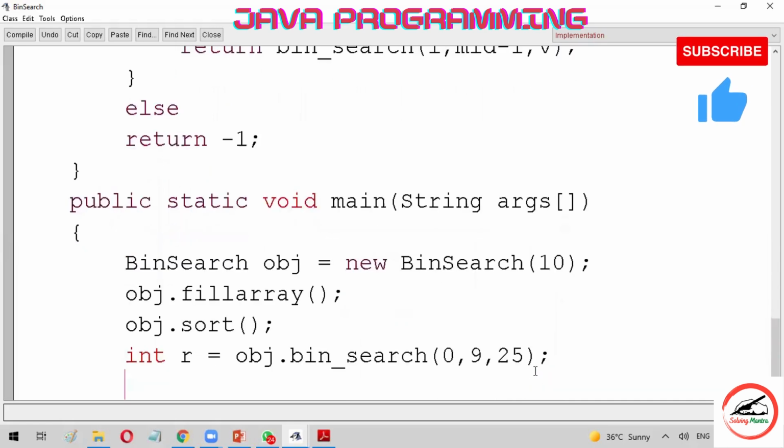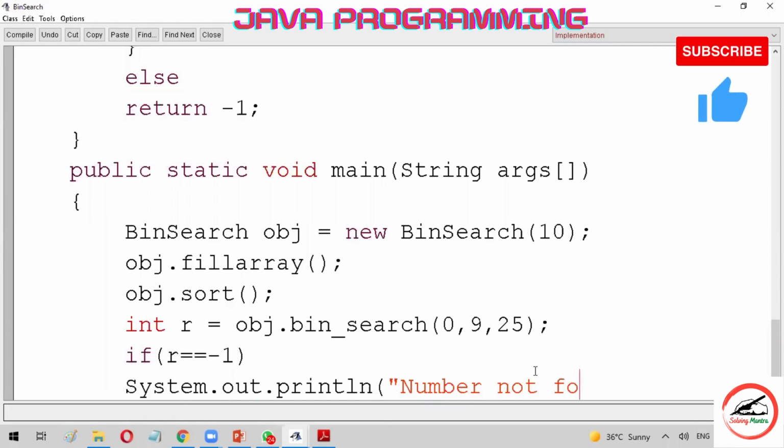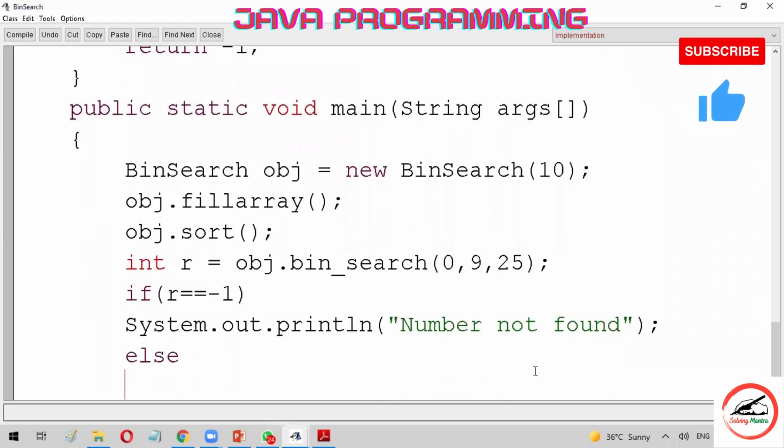Now here you will check if r is equal to -1, that means number not found. So we'll print a message, System.out.println, number not found. If it returns -1, it means the condition has been checked, and it returns -1 only when the number is not found.